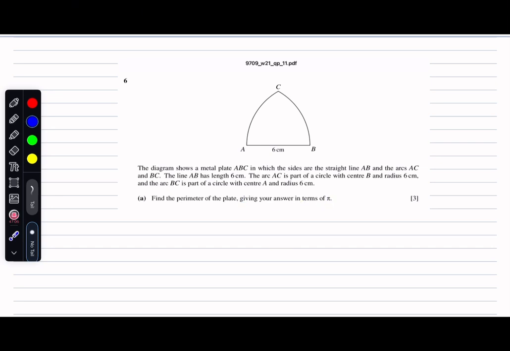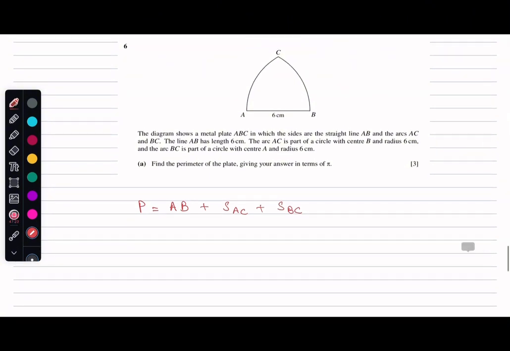So to get the perimeter of the plate, I should know that the perimeter of the plate is going to be the straight line AB plus the arc length AC plus the arc length BC. We have to give the answer in terms of pi here. So let's work on the sector ABC. For sector ABC, let's say that this is our angle, which is